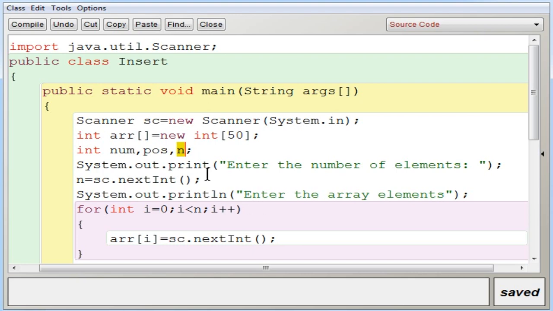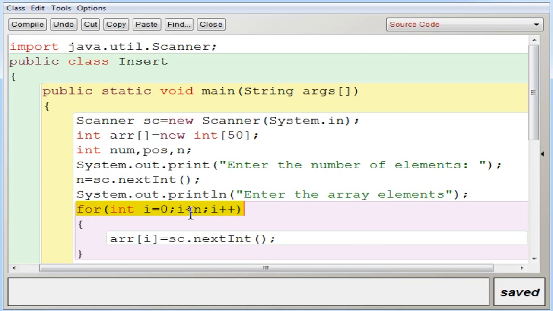Now you got list of input statements here. First input statement is enter the number of elements. Here you can see n. Okay, where you will get the token as an integer, and then it will be stored in n. That means the number of elements is stored in n. Now, if suppose the number of elements is 5, that means you need to execute the input statement 5 times to get the values and store it into an array. So you need to use a loop statement. So the first position is 0th position till n minus 1.